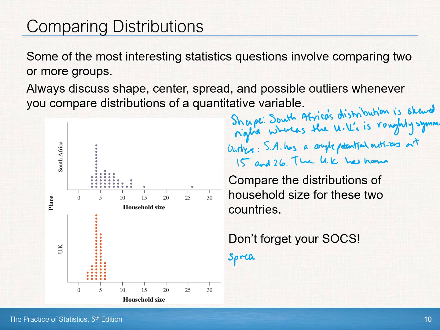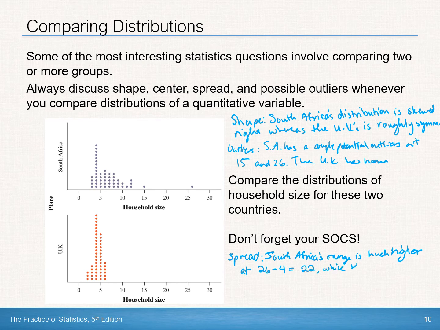The spread. Here's a good opportunity to use comparative language. So South Africa's spread, let's talk about range specifically. Range is much higher. So I'm not just stating the two separately, I'm comparing them, which is what the question wants. And let's say this is about 26 minus 4, which is 22,